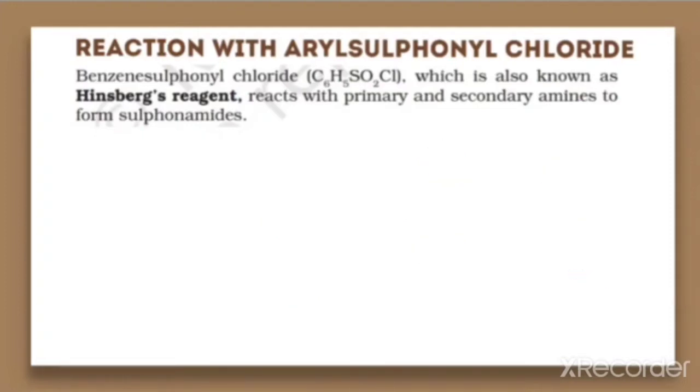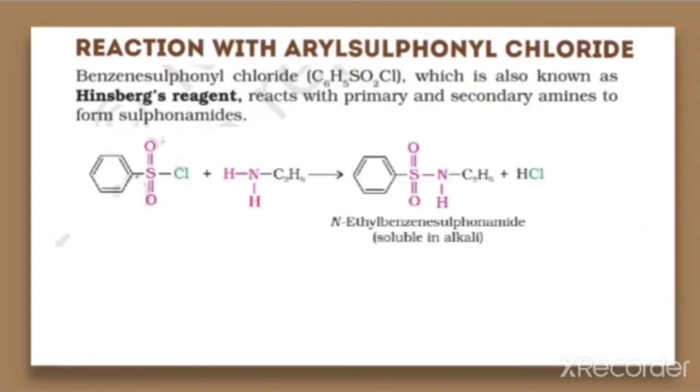So let us make the reaction for this. First we'll take the primary amine, that is the 1 degree amine here. This is the structure formula for the benzene sulfonyl chloride, C6H5SO2Cl, represented here in this equation. And let us take one primary amine, C2H5NH2. The better way to make the product is to write this amine in this way, as it is written in this equation, because this is the image taken from the textbook. So better note down all these equations from the textbook itself.